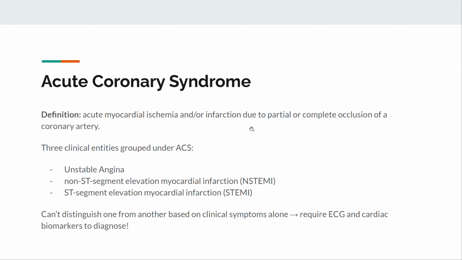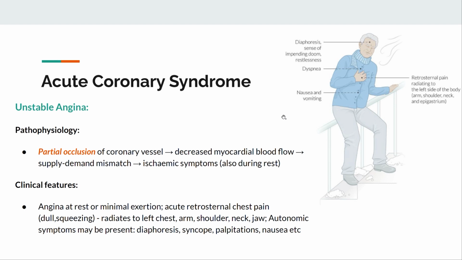But they all look the same. Essentially, the patient has retrosternal chest pain radiating to the jaw or the arm. It's a crushing sensation in their chest that has nothing to do with moving the muscles or taking deep breaths in and out. They might appear sweaty and quite agitated and fearful for their life with anxiety. But the point is that this is a group of conditions that you can't actually separate just based on history. So what you need to do is understand,